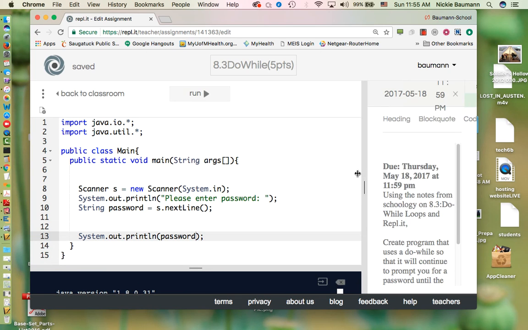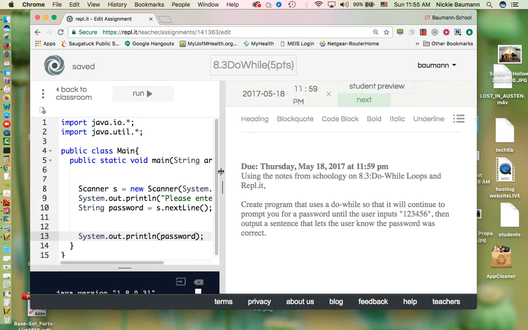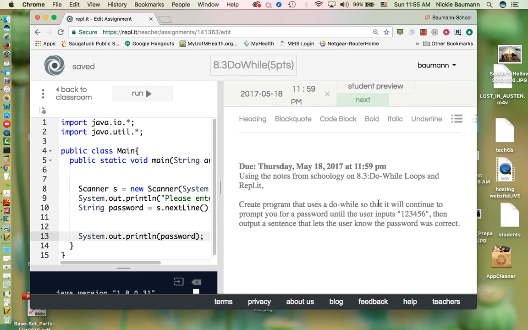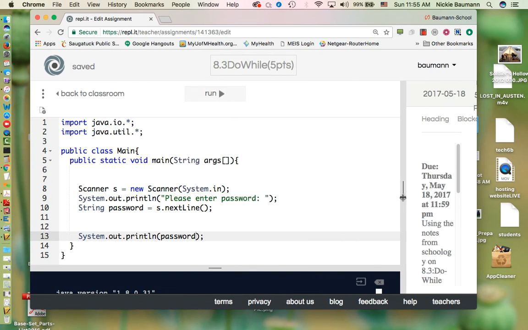So we're reading in a password. And in our assignment, we need to create a program that uses the do while so that it will continue to prompt the user for the password until they put in 1, 2, 3, 4, 5, 6. So on Friday, we left off very quickly with the do while. So we're saying, hey, do this information, meaning prompt the user to enter a password,